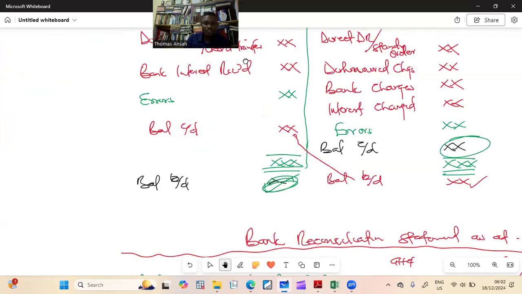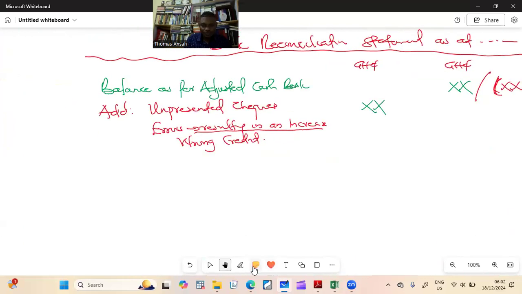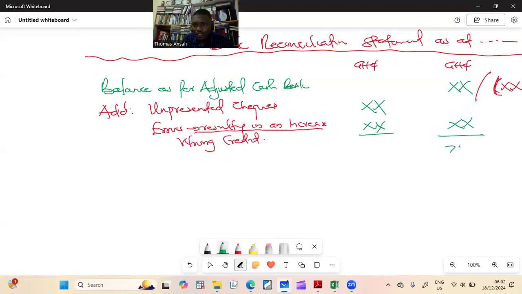In the same vein, you will less. So let's add this one. So sometimes the uncredited checks or unpresented checks are plenty, list them, add. Errors too may be plenty, list them, add. So I get this figure. Then I will less